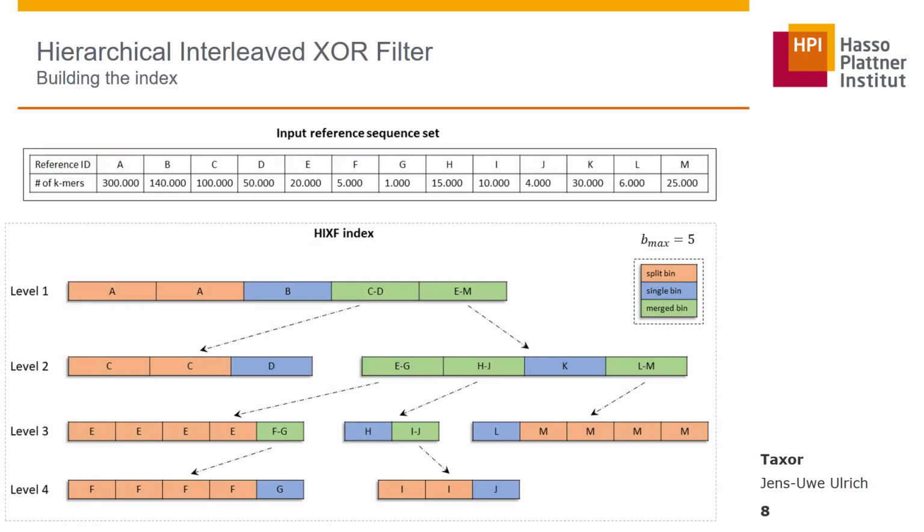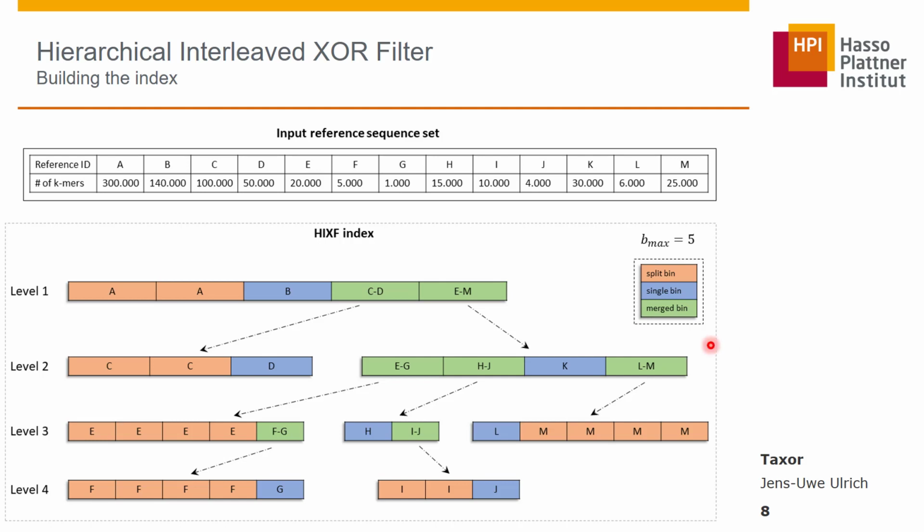Unfortunately, interleaved filters have one main problem. The overall size of the data structure depends on the largest single filter, or in other words, for a set of reference sequences with highly diverged genome sizes, the space overhead can become significant. To overcome this issue, a hierarchical version of the interleaved Bloom filter data structure has recently been described, where large filters can be split into several smaller ones and small filters can be merged into one larger filter, which itself is another interleaved Bloom filter. We implemented the same approach to extend the interleaved XOR filter to a hierarchical interleaved XOR filter that works as